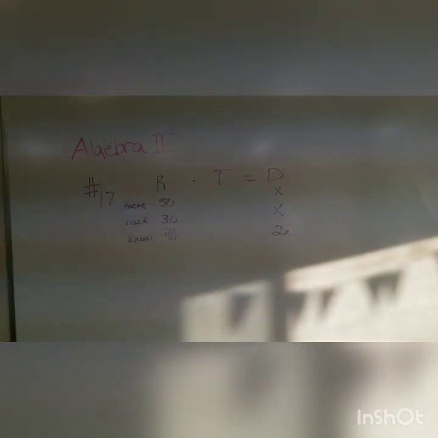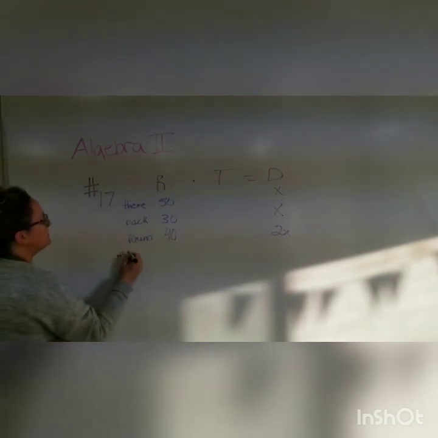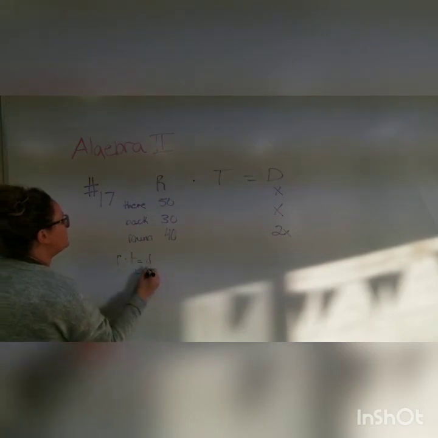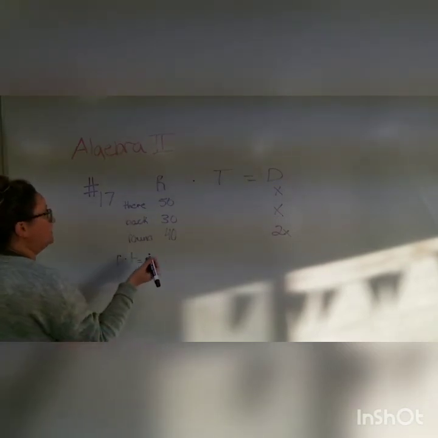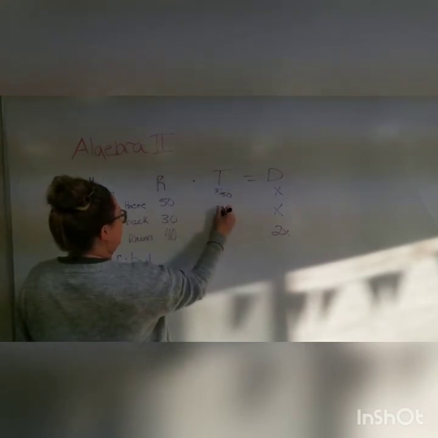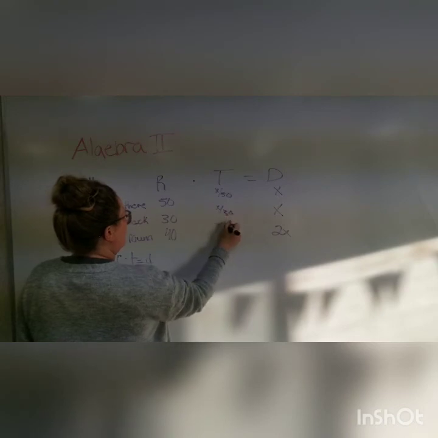We're solving for time in this. So if rate times time equals distance, then time equals distance divided by rate. So the time would be x over 50, x over 30, and x over